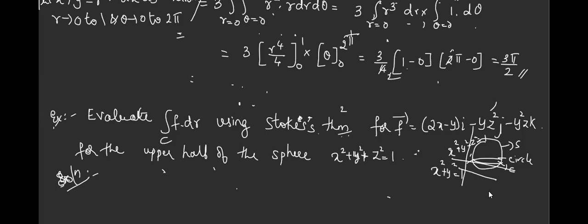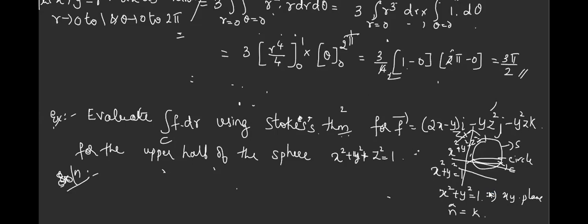Isn't it that the upper part will go? I'm just dealing with this circle. So the upper part means it is in the z plane. What will we get? x square plus y square equal to 1 only. Am I right? Tell me, this part lies in which plane? XY plane. What is the value of n cap again? K, ma'am. K only here.